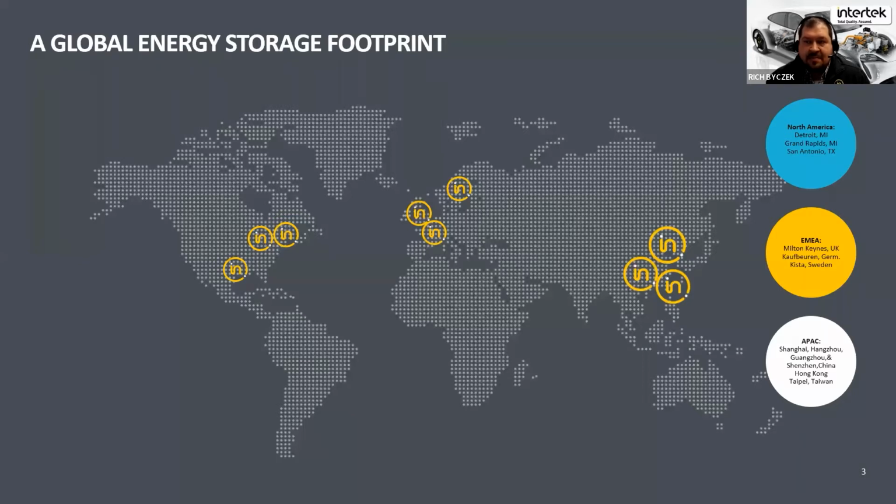As mentioned earlier, I sit in the Plymouth, Michigan facility, which is the center icon there in the North American part of the map. In Central Europe, we have a similar site in Kaufbeuren, Germany, just outside of Munich. And in the China region in APAC, we have similar capabilities in Shanghai. You'll see the other sites there, Sweden, the UK, here in North America, New York and Texas, and also just outside of mainland China, southern China and Guangzhou, also Taiwan and Taipei areas where we offer a pretty wide range of various services from testing, certification, abuse, and consulting applications.